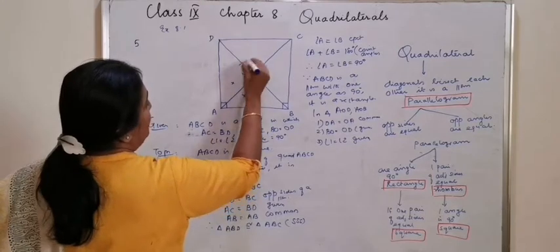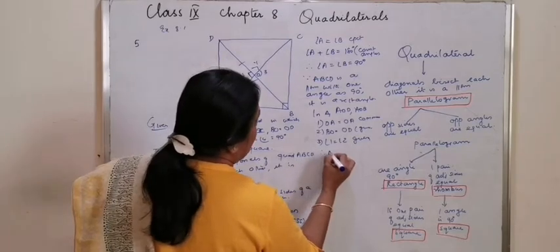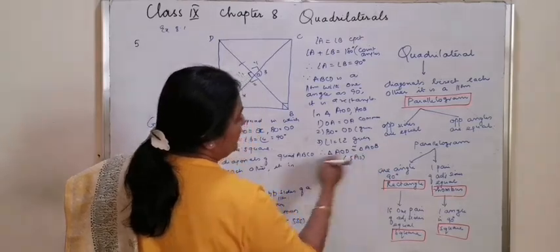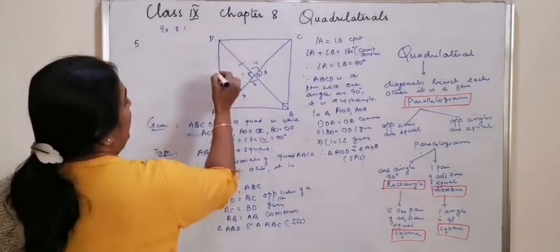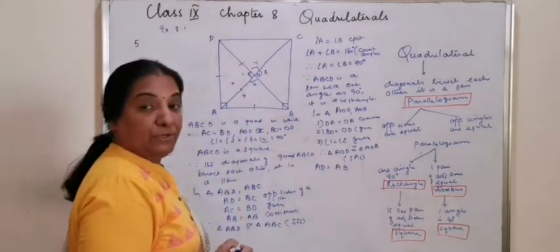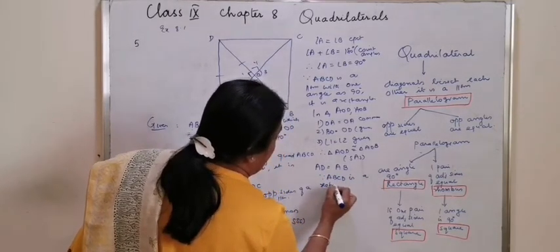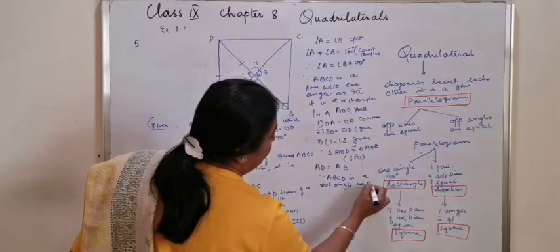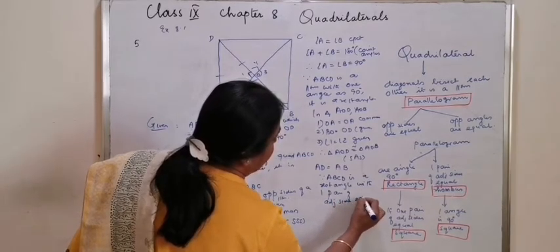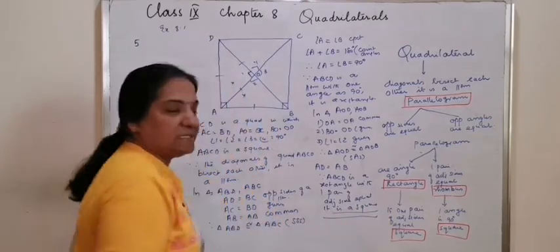You see here, you have taken this side, you have taken this angle, and you have taken the common. Therefore, triangle AOD is congruent to triangle AOB by SAS. Hence, AD is equal to AB by CPCT. So, how do you give a conclusion? Since ABCD is a rectangle with one pair of adjacent sides equal, it is a square.